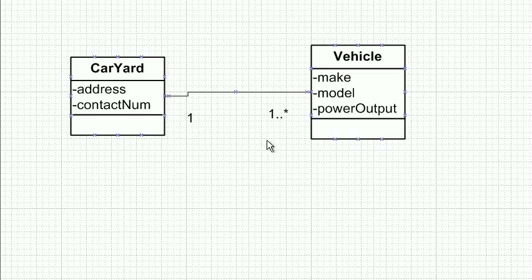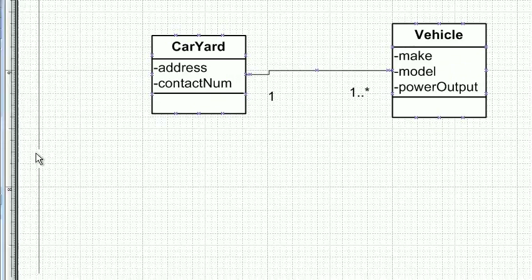And a truck has an additional attribute on top of make, model, and power output, which is max weight. And a car can also have an additional attribute called door count, which represents whether it's a 3-door or 5-door car. So again, I'm going to create some classes for this, and I'm going to show you how to model this using Visio. So the first thing I do is I just jump to here,